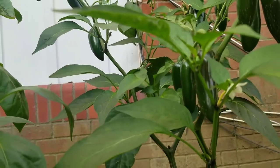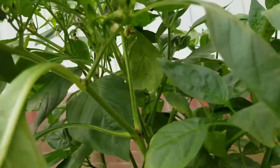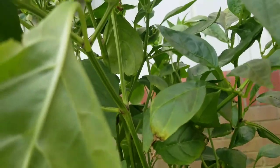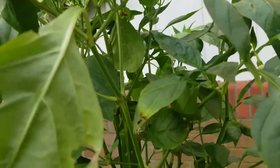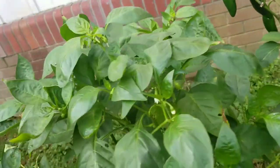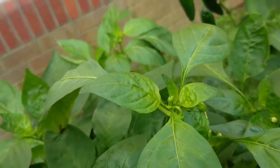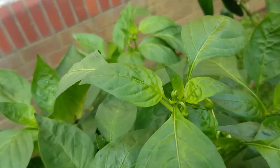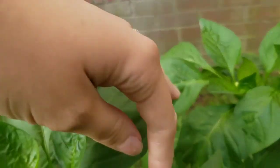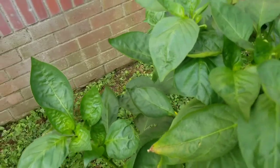So, it's not that bad. And the peppers on my Cubanelle are really starting to surprise me, because so far this season, every single one that has flowered, except for this big guy down here, has dropped right off. And now they're just coming out in abundance. They keep flowering, they keep making peppers. Yeah, look at this. Peppers and flowers,